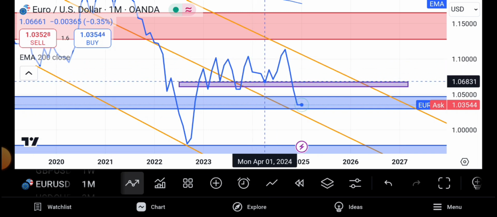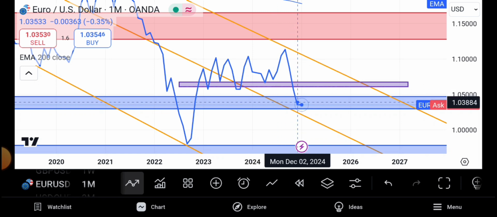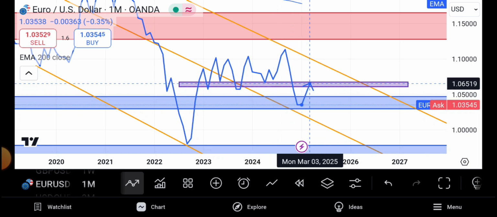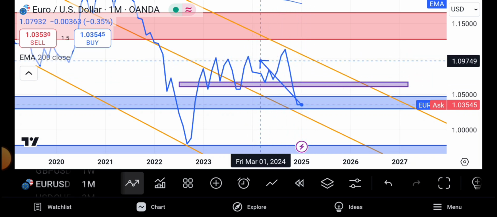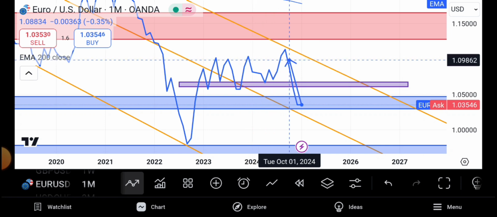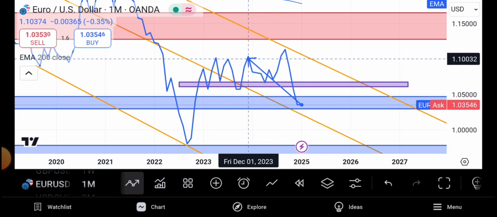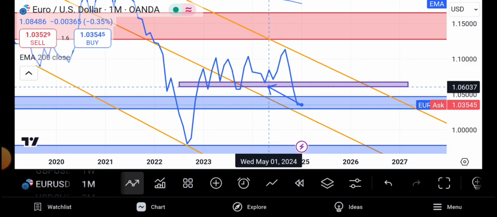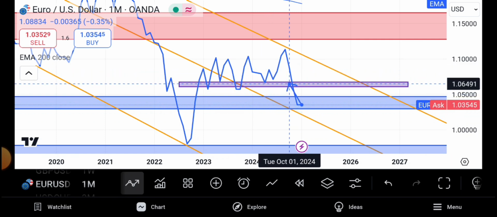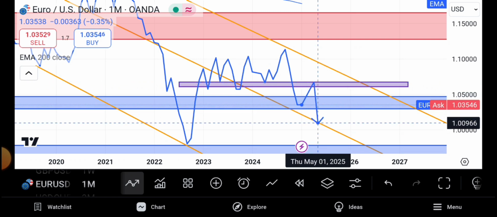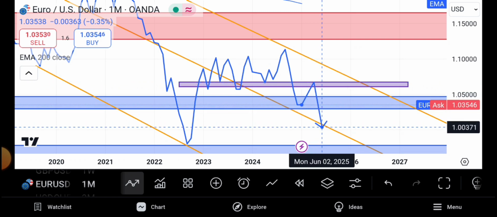So if the price action is pushed back to here, are we together? Once it claims this neck zone, I'm expecting that the distance between the top of the M structure and the neck, the price action will drop by that distance. If the buyers come and claim this M structure like that, I'm expecting it will drop. That is my expectation. Are you together? So those are the two reasons why I'm going to sell this pair.